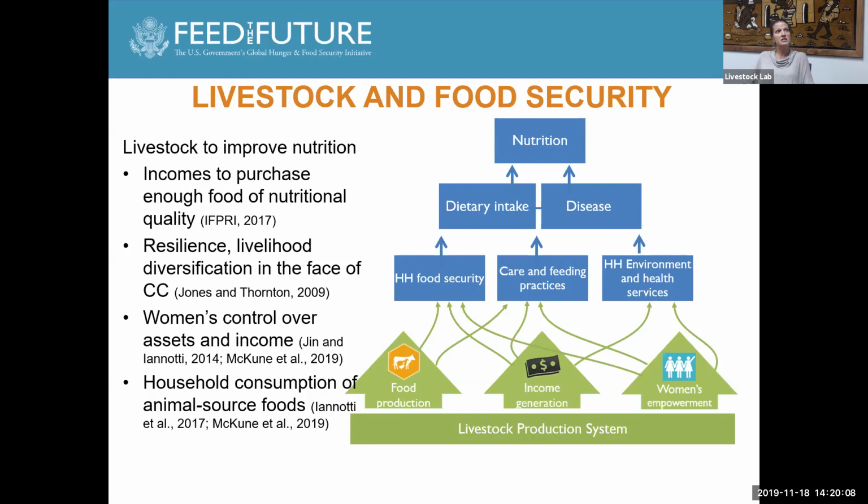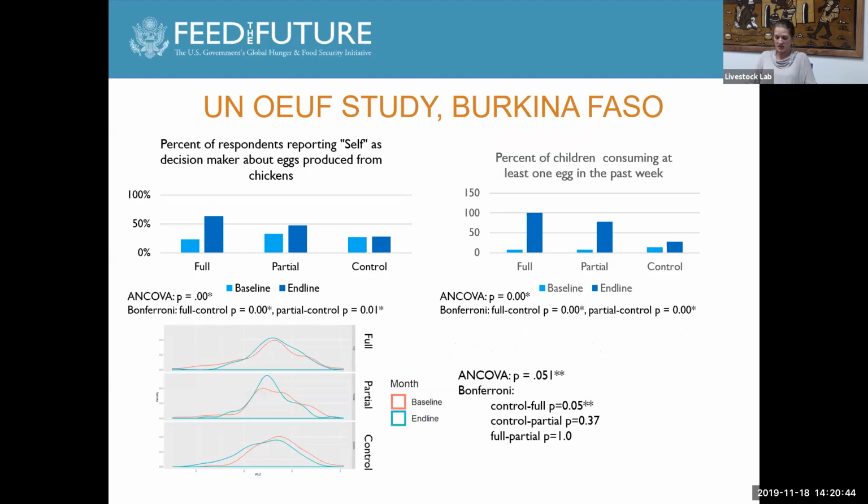So they're more resilient. Back to women's empowerment, when women have control over assets and income, we know that there are associations with improvements in child health outcomes. And as well, the ability for children within the household to consume animal source foods is fostered by access to livestock and the ability to improve nutrition. So both of those latter points, you'll notice a reference, a piece of my own work, which is the 2019 McCune reference there. And I wanted to share a little bit of results from a study that's not published yet,